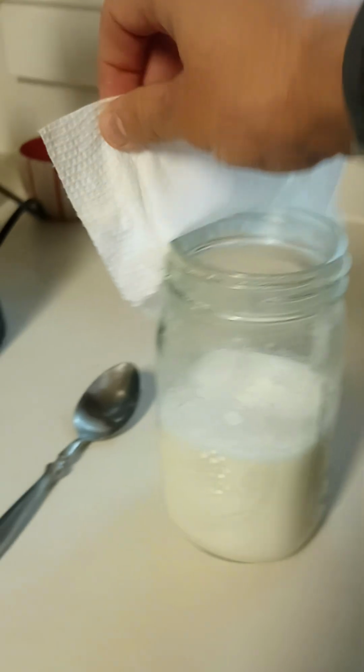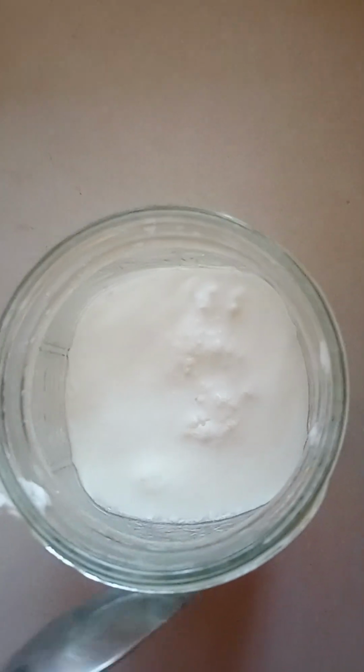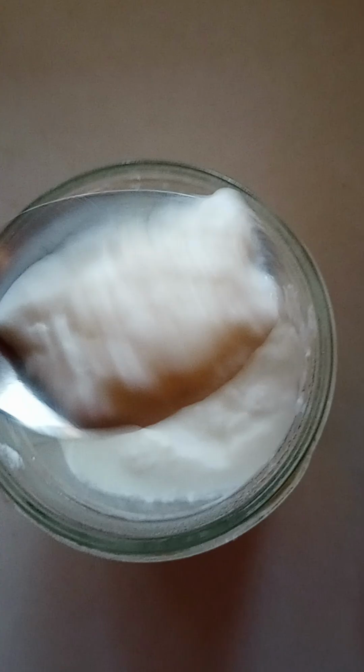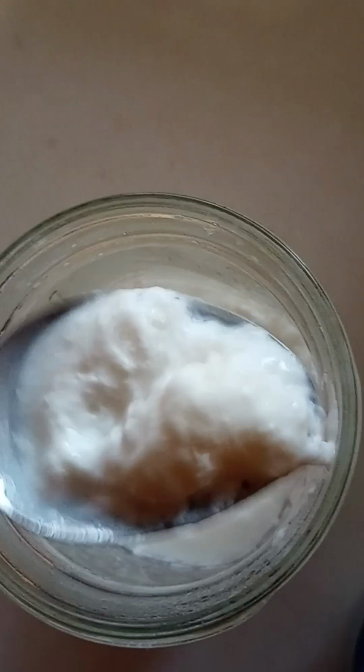from getting in. So in the morning, take this off, and you can see inside the kefir grains have actually raised to the top, so you don't actually have to tip this over and try to strain them out. You can just dip your spoon in and just pull them out. You'll lose a little bit of the kefir for the rest of the smoothie that you make or whatever you're drinking it plain. But this way, at least, it's really easy to strain, because again, otherwise you're going to be